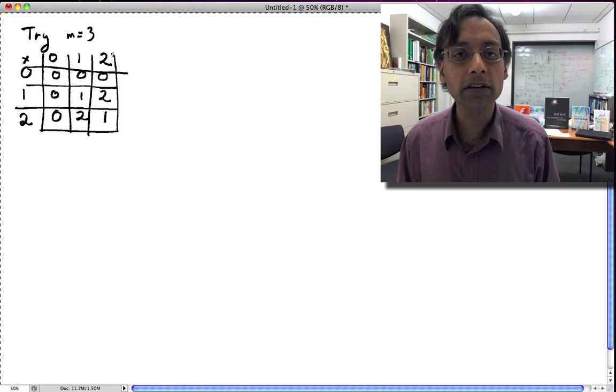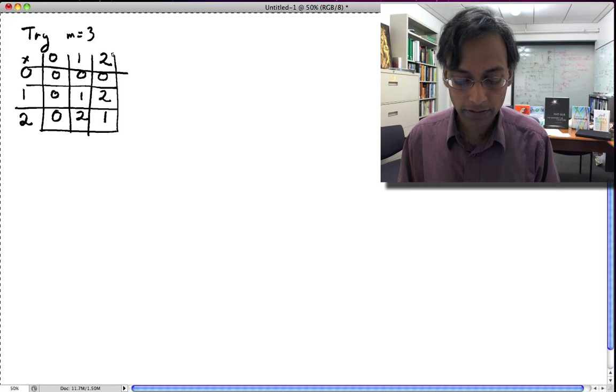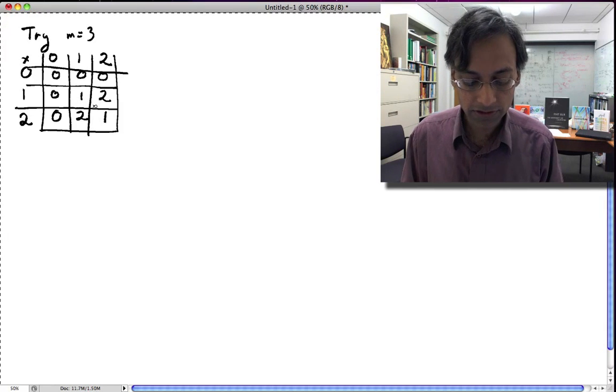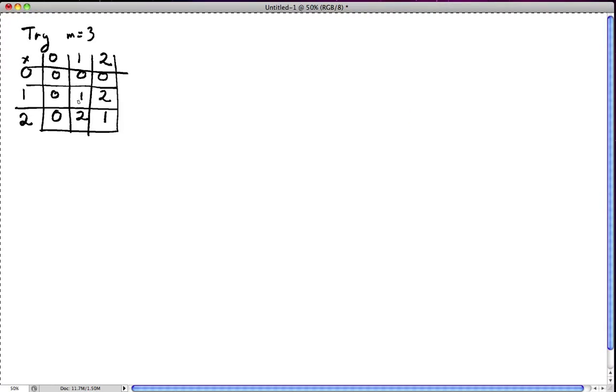Okay, so what I've done here is I've written out the times table for 3. And notice for 3, in fact, you have multiplicative inverses for all numbers. 1's multiplicative inverse is 1, 2's multiplicative inverse is 2. And of course 0 never has a multiplicative inverse. So it works for m equals 3. So let's try